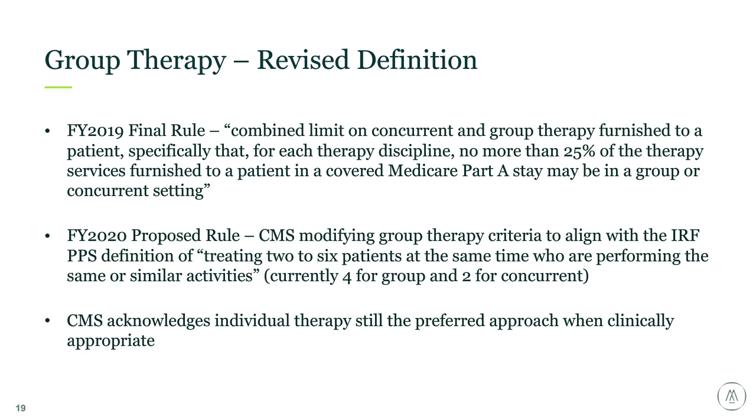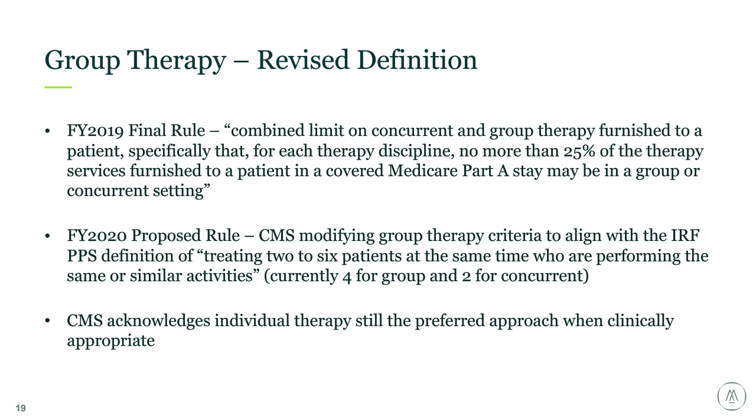In inpatient rehab, group therapy, according to the rule, can be anywhere between 2 to 6 patients at a time. And it's important to note that this is 2 to 6 patients at the same time who are performing the same or similar activities. So while CMS accepts group and concurrent therapy as an option, because they recognize that there